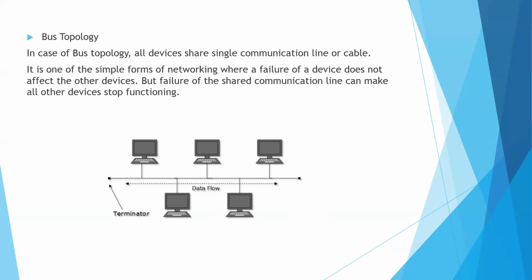Bus topology, also known as line topology, is a type of network topology in which all devices in the network are connected by one central RJ45 network cable or coaxial cable. The single cable where all data is transmitted between devices is referred to as the bus, backbone, or trunk.